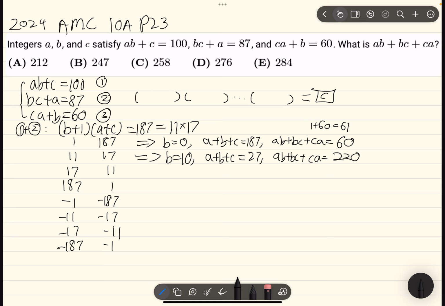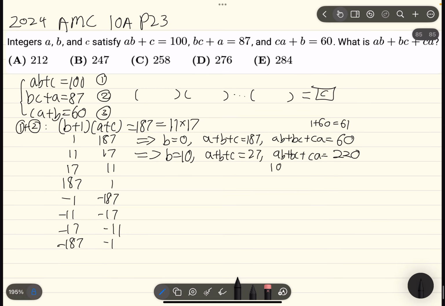Oh yeah, so we have 10A plus C plus CA equals 220. And we can try out numbers for that, because we know A plus C is 17. So A plus C is 17, right? Well, if A plus C is 17, then